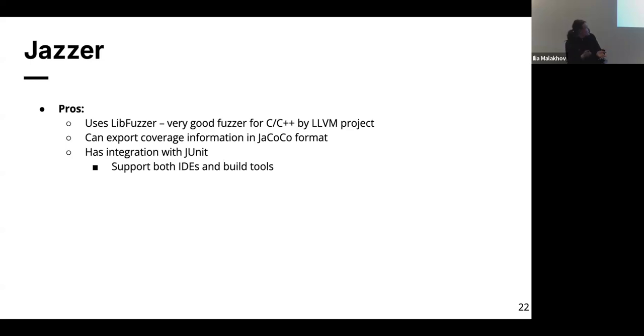It uses libFuzzer, another fuzzer, but for C++ programs, which is very good. It also has some basic integration with the Java and Kotlin ecosystem, such as with JUnit. However,